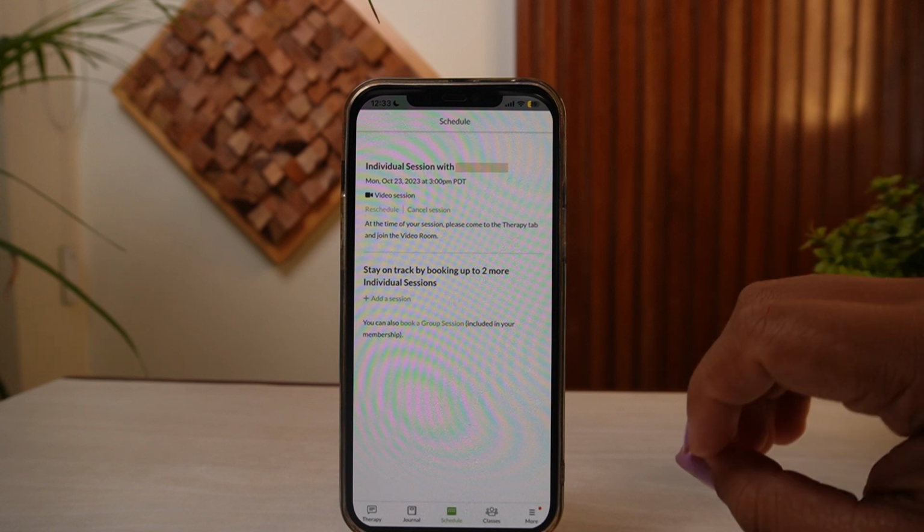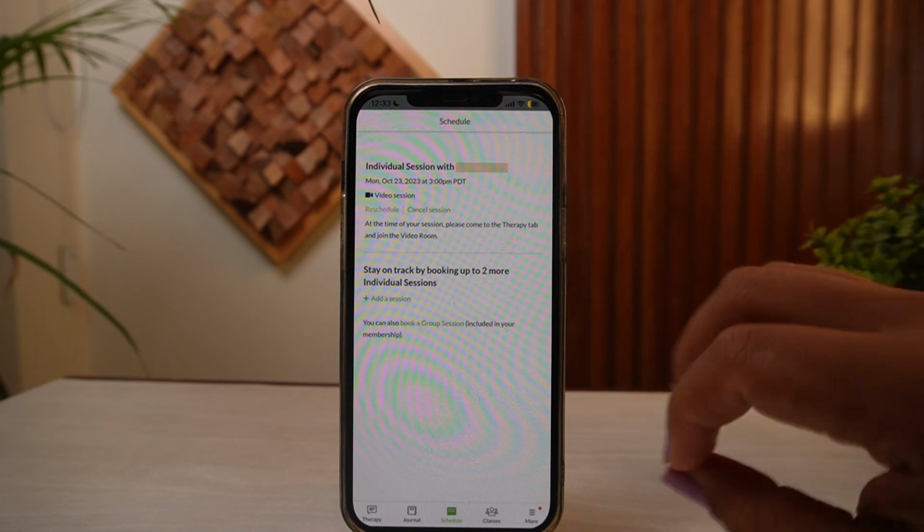So that is all you need to do, and then from there you'll now successfully be able to cancel your